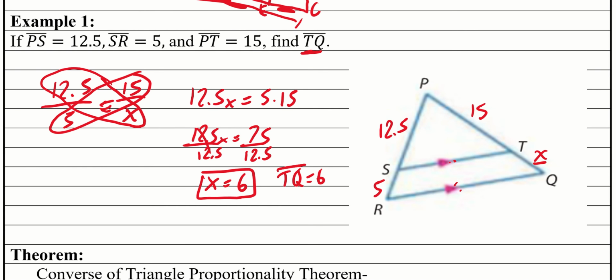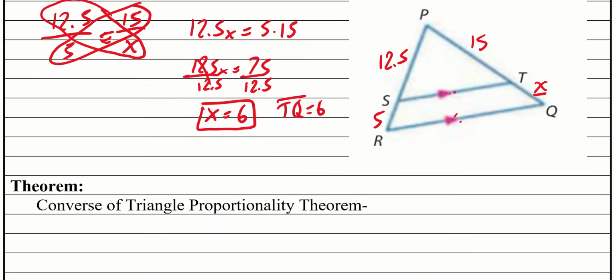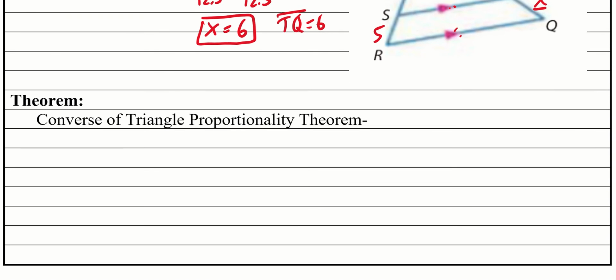So this is how we set up these proportions, okay? Pieces over one another. Another way that we can use this is we also have the converse of this theorem. And we've talked about this idea before. The converse is just when I take the hypothesis and the conclusion of a statement and I swap the places of them. So in this case, we're going to say if a line inside a triangle